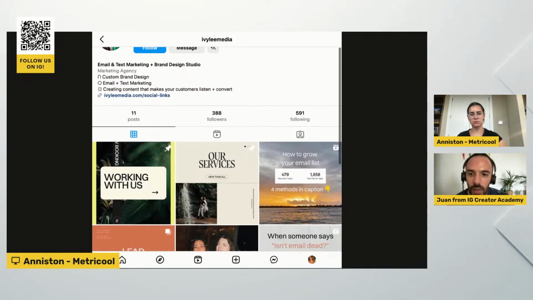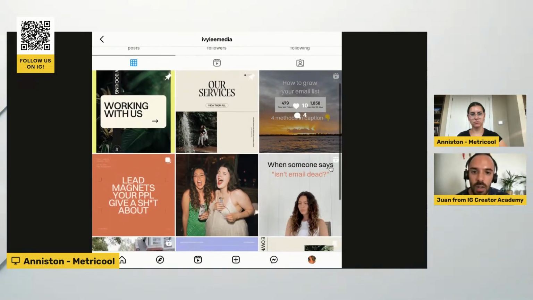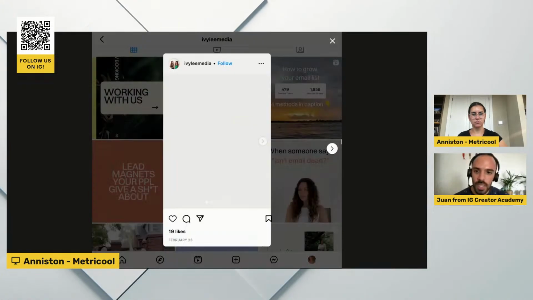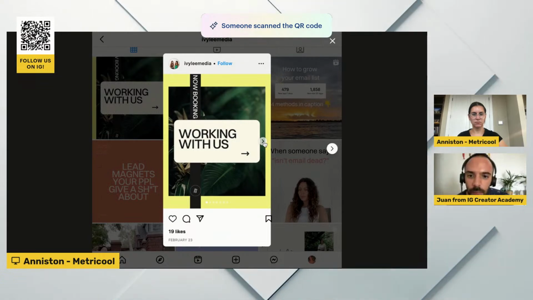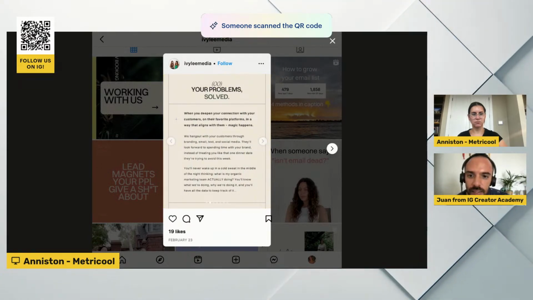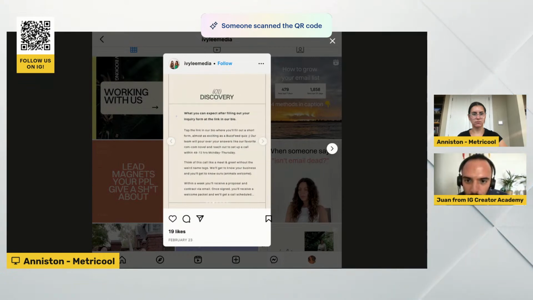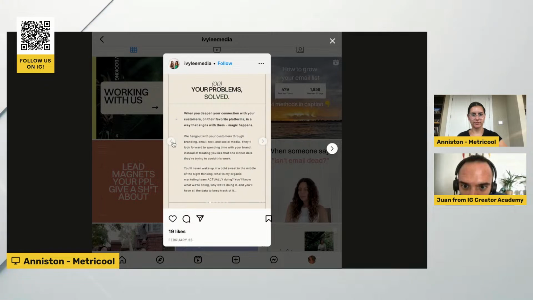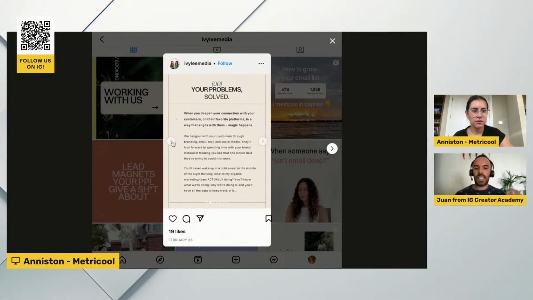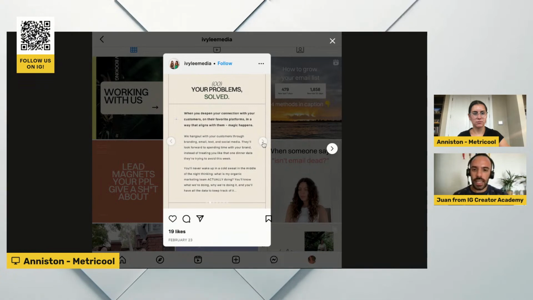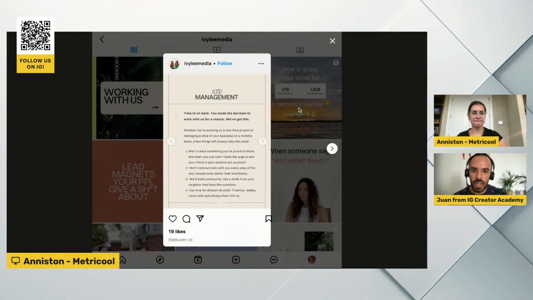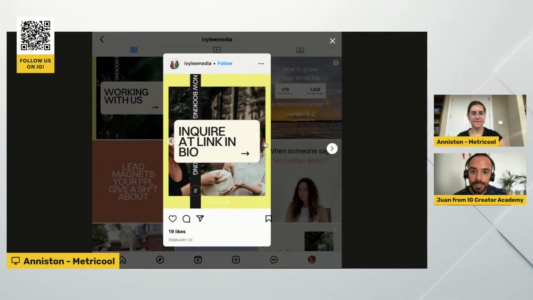Okay, let's keep going. Pin post, working with us, our services. So you have two pin posts, and those are great. Again, you're talking about your services and working with us. So it's kind of like telling the story of customers? I can see properly. But yeah, it's basically addressing their ideal clients' pain points. So that's a great way. And I'm sure that the last one ends with a call to action to get in touch with them. Yes. So that's great.